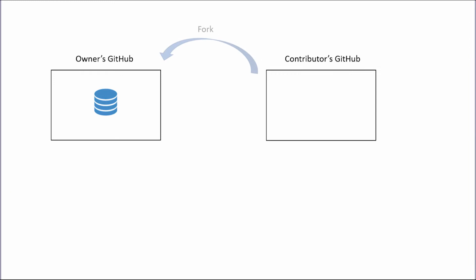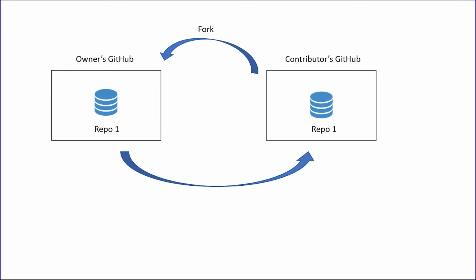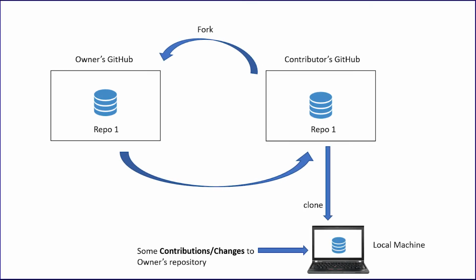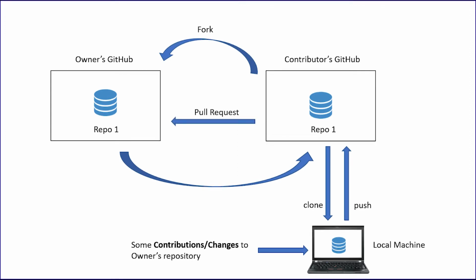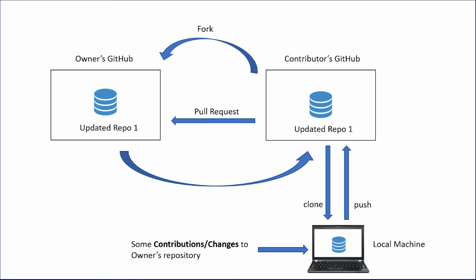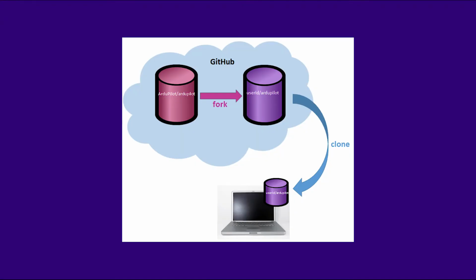So he'll fork that repository into his GitHub account and clone that forked repository onto his local machine. After cloning, he'll add extra features or modifications on his local machine, and after that push that modified code into his forked repository, and then finally by making a pull request he can send the modified code to the owner's project repository. In that way we can contribute to any open source project. Here are some images that show how fork and clone work.